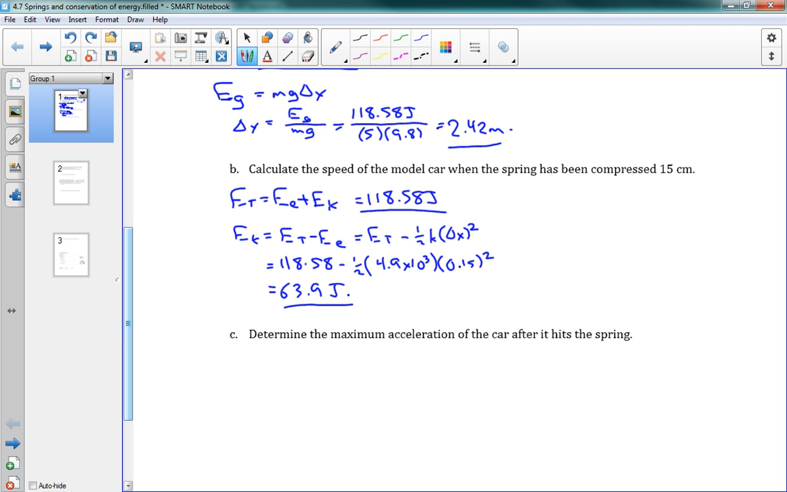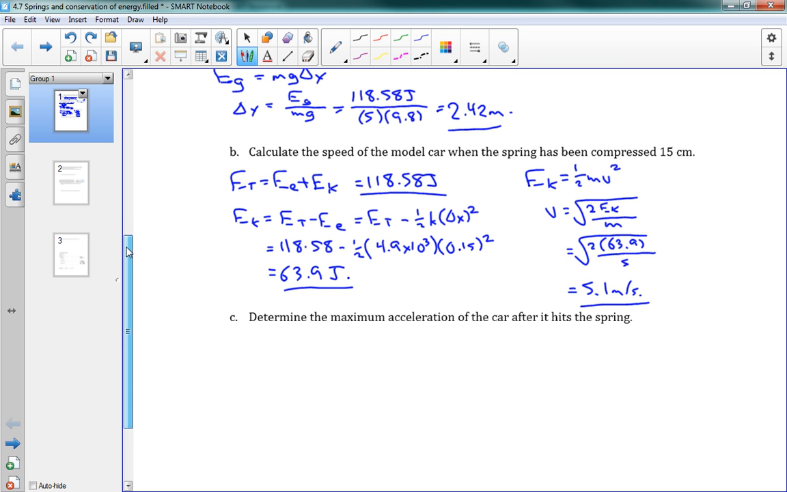And if we go over here, we can say Ek is equal to 1/2 mv squared. So v is going to equal the square root of 2 Ek over m. So the square root of 2 times 63.9 over our mass, which is 5 kilograms. And this gives me then a value of 5.1 meters per second. So I think it's pretty neat what you can do with energy once you know how much you have to